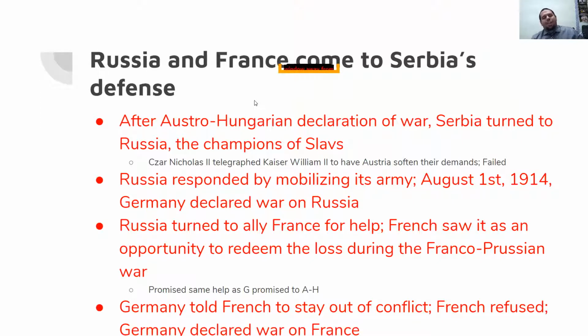Russia and France come to Serbia's defense. After Austria-Hungary declared war, Serbia turned to Russia, the so-called champions of the Slavs. Remember, they pledged support to Serbia being newly independent and all. So Tsar Nicholas telegraphed Kaiser Wilhelm. Remember, they're related by blood, right? I think they're cousins, or they're related through Kaiser Wilhelm's